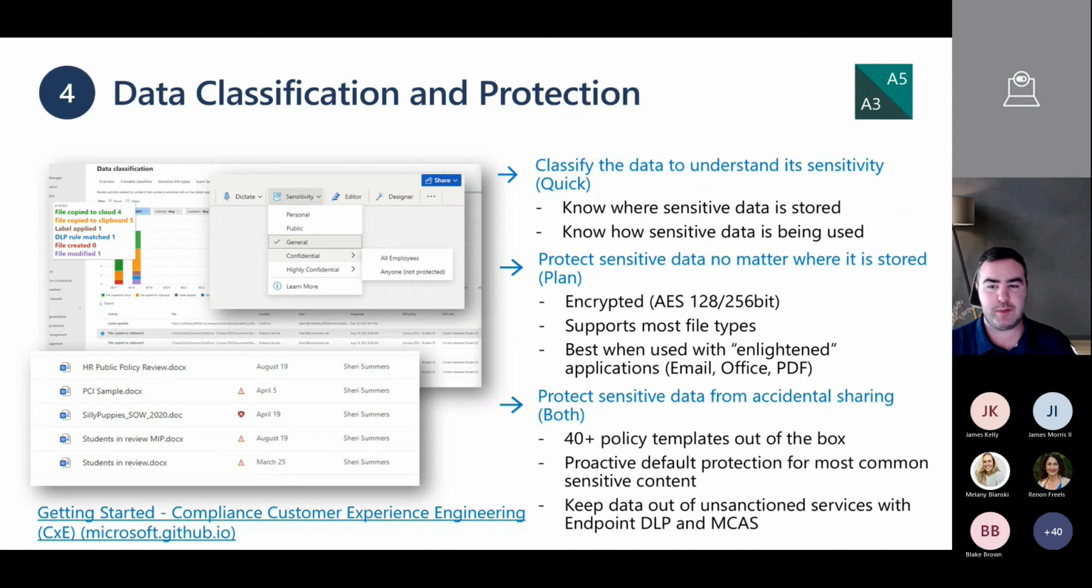And so from a quick perspective, Office 365 gives you some great capabilities, including in A3, to just classify and understand the data that's in your environment. So you can start to see, are there social security numbers hanging around in OneDrive? Are there social security numbers in SharePoint or within people's emails? And then from there, you can start to plan out what does that look like to actually protect,